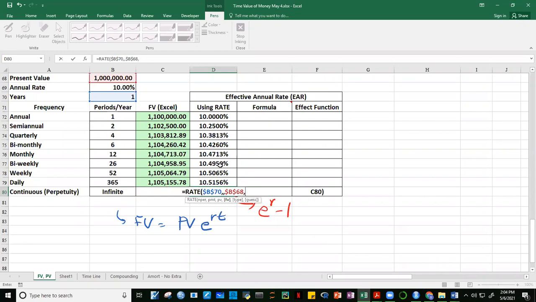Comma C80. Okay, let's see. NPER, no? NPER is 1 year. Tapos walang PMT. PV is 1 million. Tapos okay. Tama. Ang ginawa ni Christian,